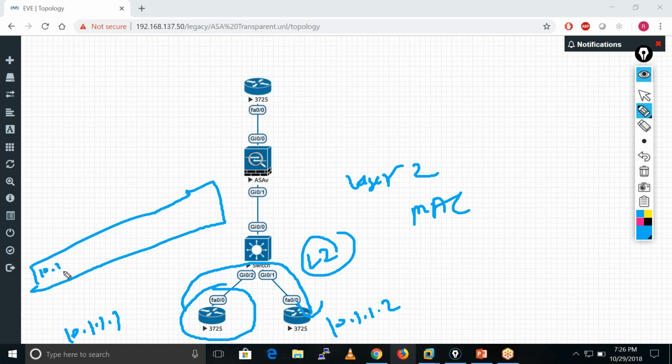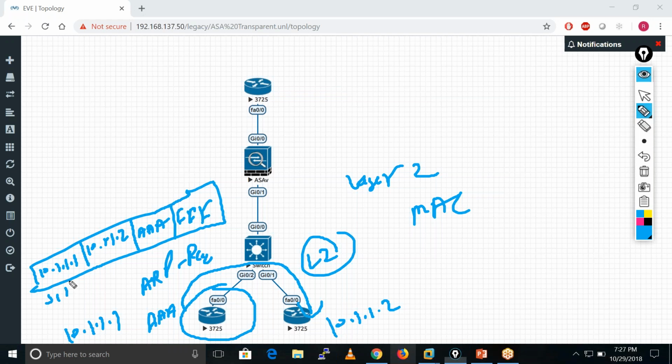So 10.1.1.1, this is an ARP request going towards 10.1.1.2. The source MAC is, let's suppose, all A, so you put all A here and all F here.